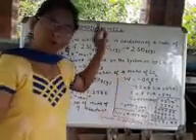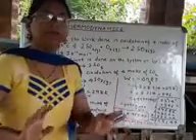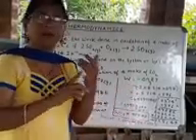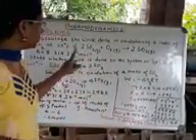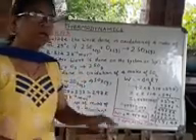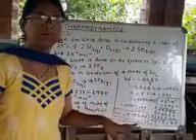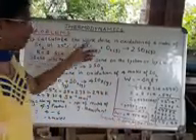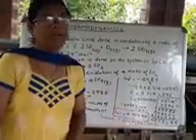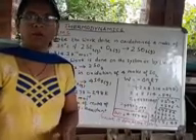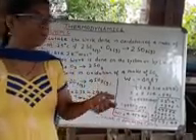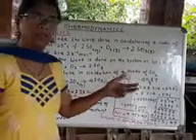I want you to copy down all the sums solved by me from 1 to 7. I should see all the sums in your notebook. I have already given previously the photocopy of the previous 4 sums, and now the 5th, 6th and 7th sums also I am sending a photocopy to you all. Please take it down without fail. Okay, and you can practice afterwards with the help of this, the different types of sums based on this.